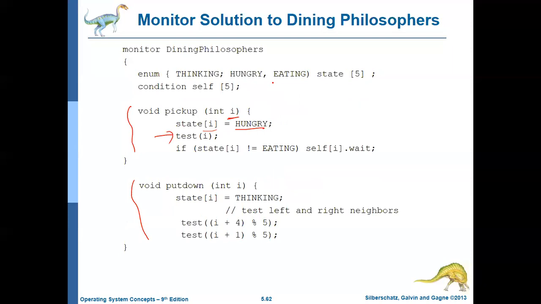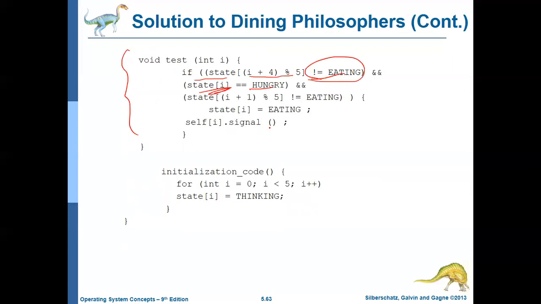Of course, that is hungry. We have set it hungry over here. In the previous step itself, we put it as hungry, right? Ith person is currently hungry. So we are just checking it again. If the state of the right person is not eating, and the state of the current person is hungry, and the state of I plus 1, that is on the left, is also not eating. Got it? So three things we are checking: whether this philosopher is hungry, and is he ready? Is the chopstick available on the left and right? Then he has to pick it up. If all these three conditions are true,